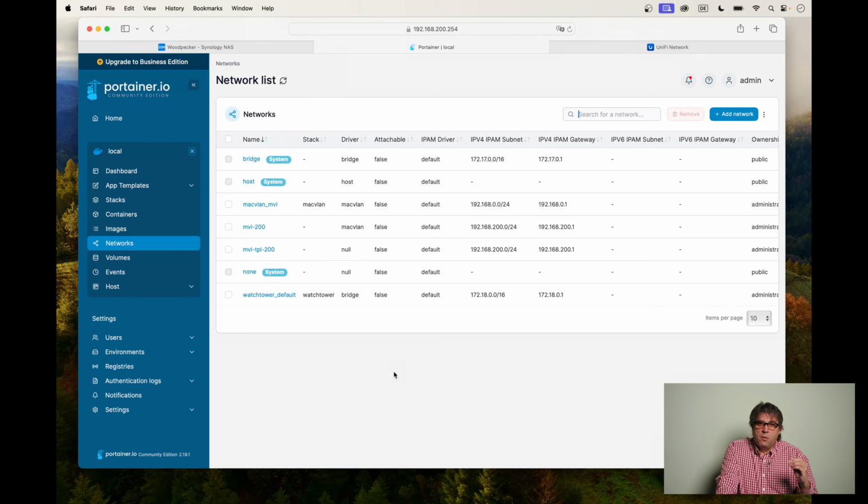Because in Portainer, creating a macvlan is a two-step procedure. First, we create something they call a configuration. I personally call it a template, but it doesn't matter, it's a configuration. And based on this configuration, we can finally then create the actual macvlan. It's one of these things, but yeah, we can just do what they want us to do and click on